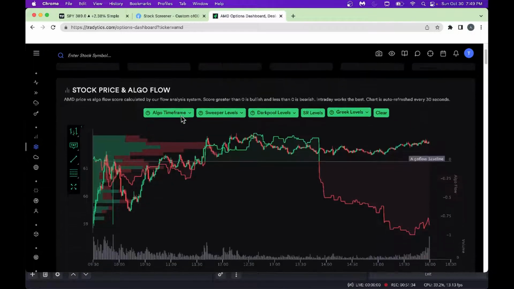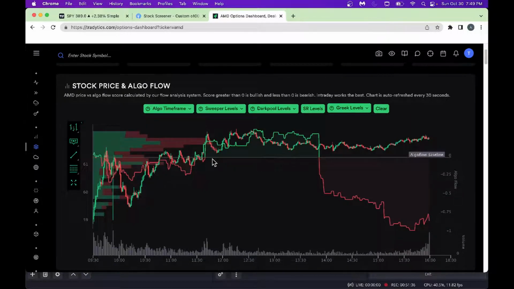Look, a nice chart here. It tells you what's going on here. There is a stock price right here, and then you got your red line here that tells you it's really becoming bearish here. It was bullish, but it became bearish, as you can see here. All right, you could do the same thing here. You could look at the SR levels here, or dark pool and so on and so forth here.